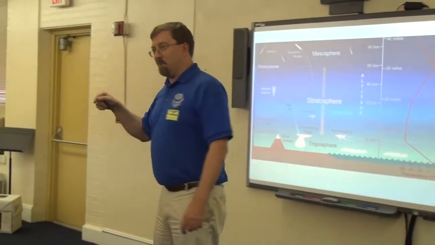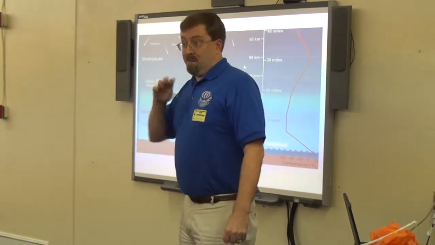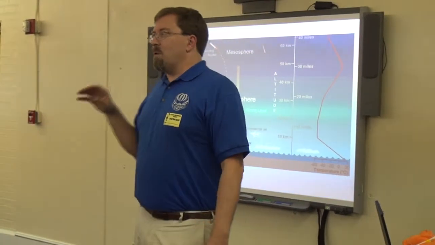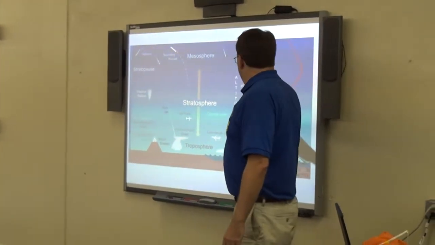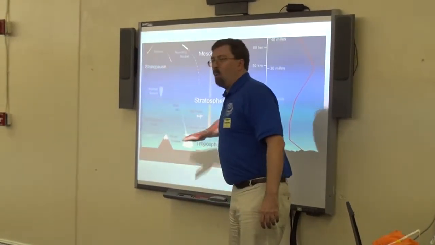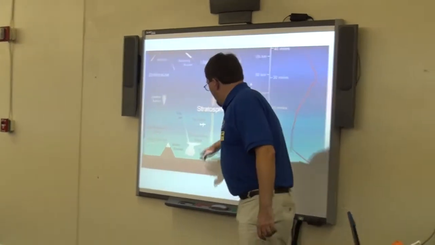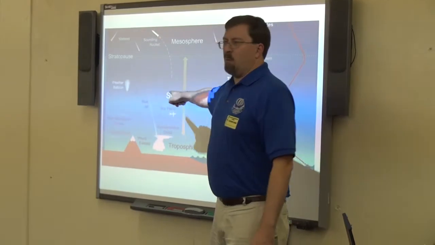We don't want to send any animals up there unless you like making really perfect spacesuits for these guys, because there's not enough air. We're also going to be dealing with some really interesting temperatures where the temperature will start dropping, then it will level out and start rising again. We're going to be above all the weather. Stuff we call weather all happens down here in the troposphere. Right after the troposphere, the tropopause is the point where there's no more water up here. So we're going to be up where it's incredibly dry.